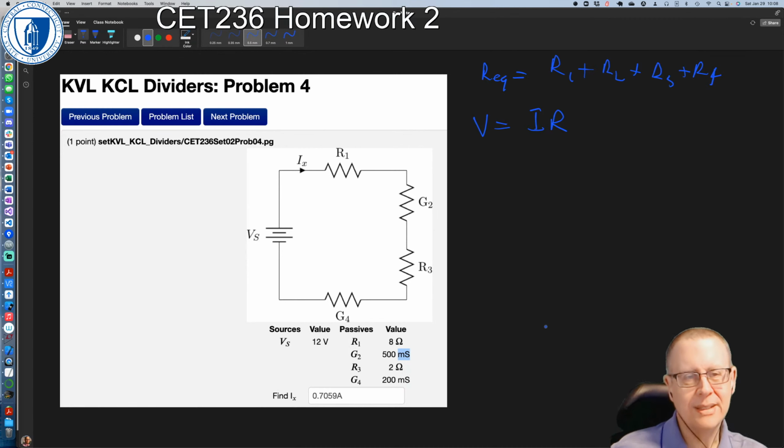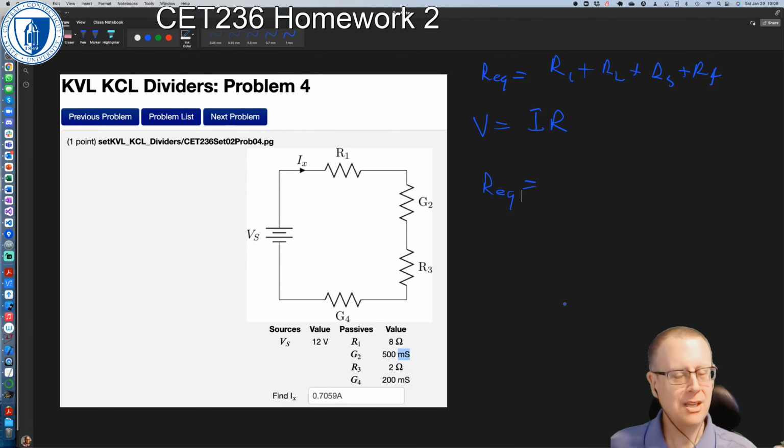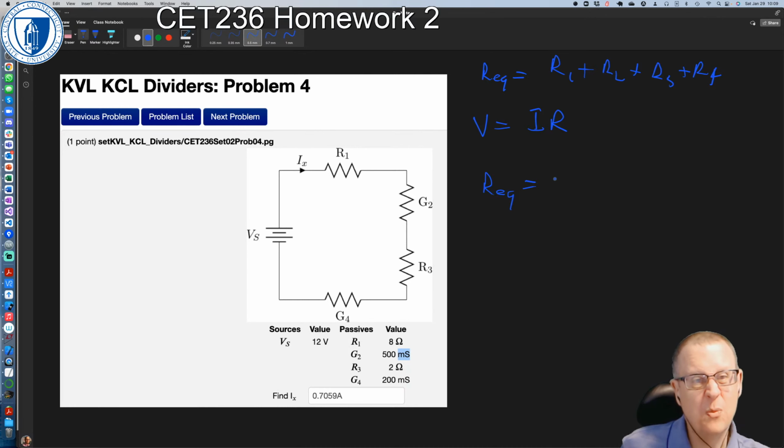The tricky part now is that two of our resistors are given as conductance values. And as I said, the conductance is just the inverse of resistance. So the way to write this one down to find the total equivalent resistance is just R1,